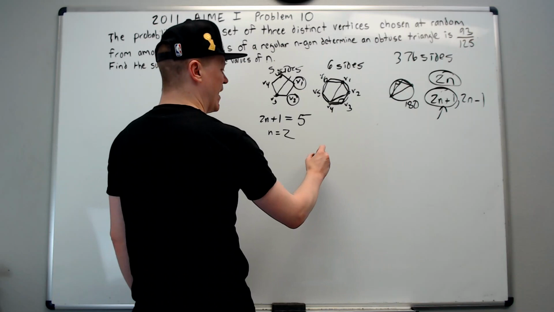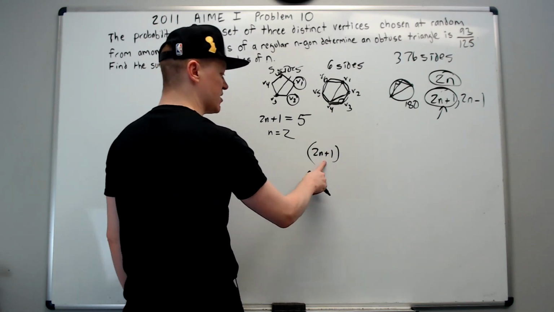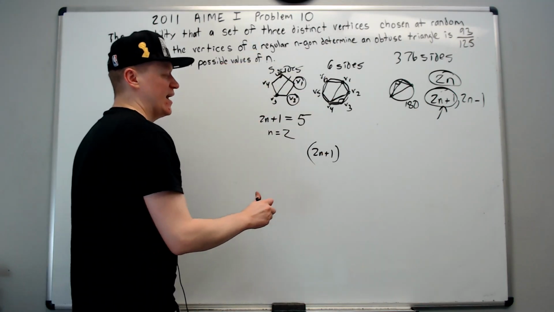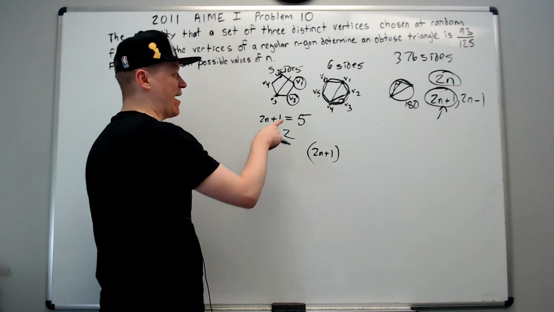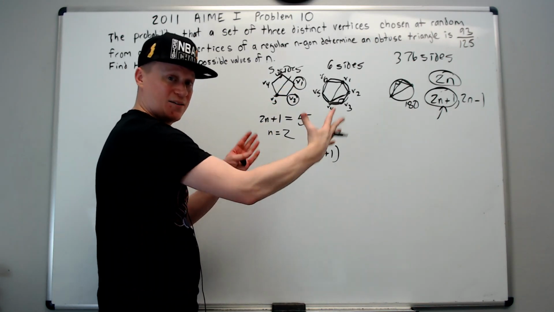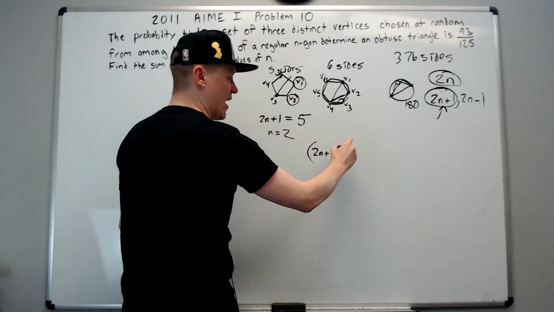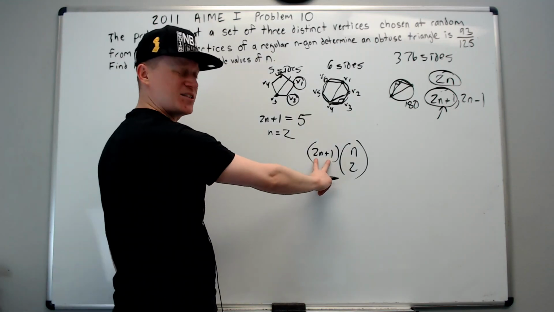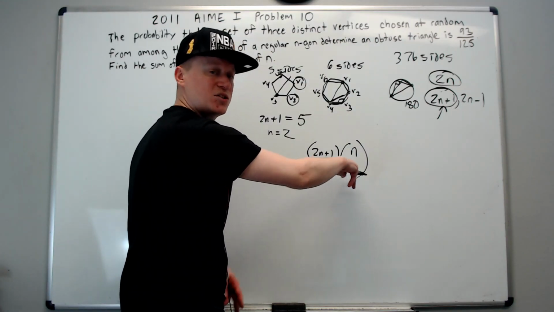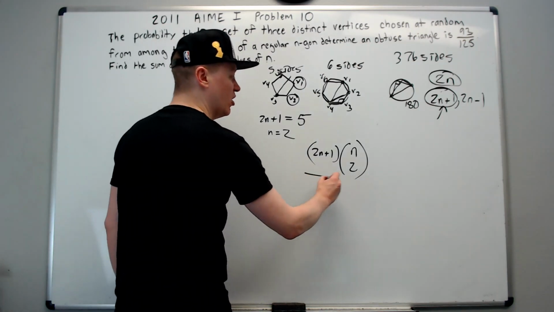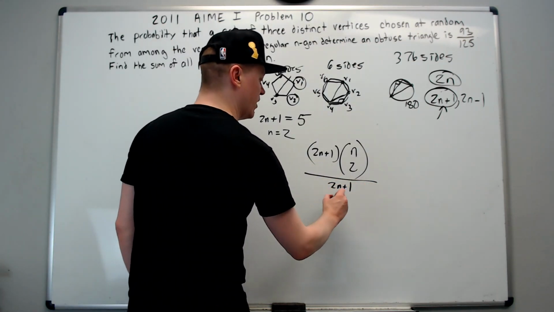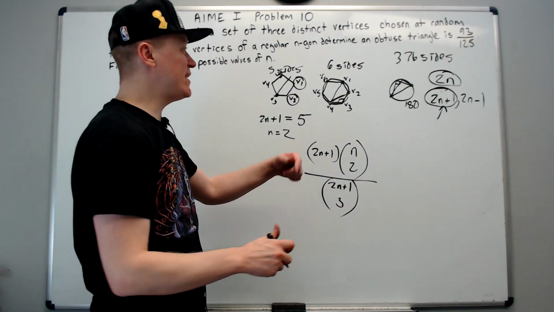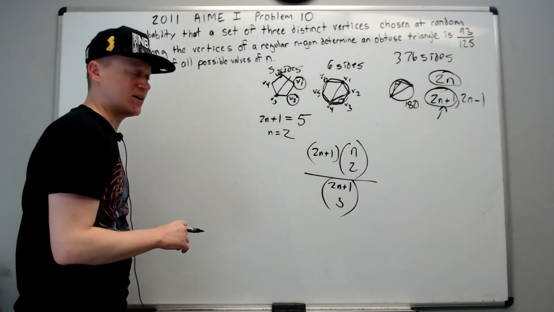Let's try it out. I would have 2n plus 1 choices for the leftmost point, again, from that perspective, going counterclockwise to the right. And then for the other 2 points, I have from the n remaining points to the right of it, without going across the diameter, n choose 2. That I would need to select as well. So the number of ways to choose the leftmost times the number of ways to choose the other two, fundamental counting principle, over, again, 2n plus 1 choose 3, the total ways to choose 3 points from this. And this, again, needs to equal the 93 over 125.